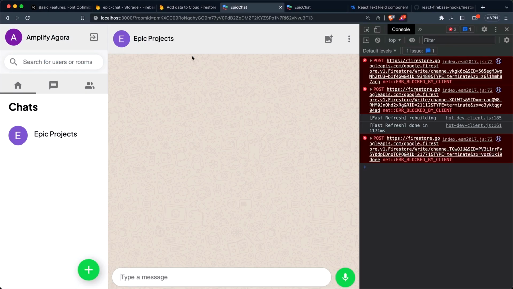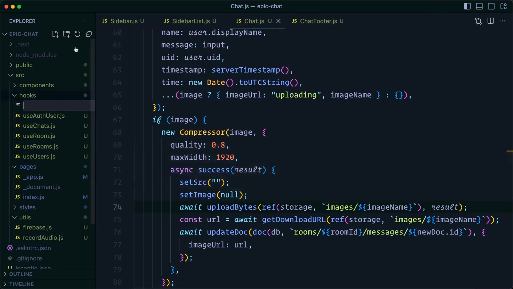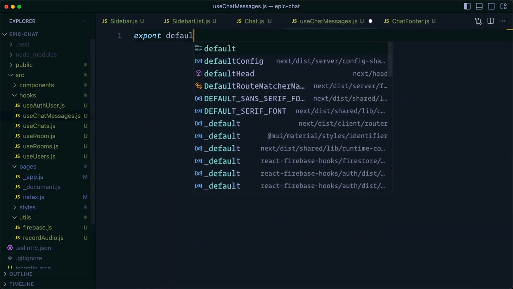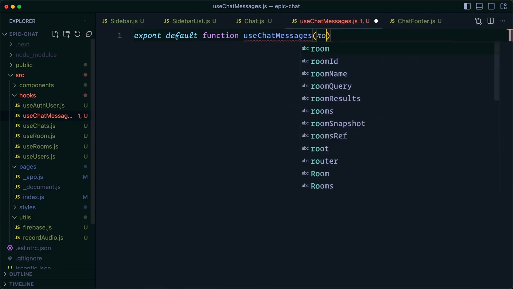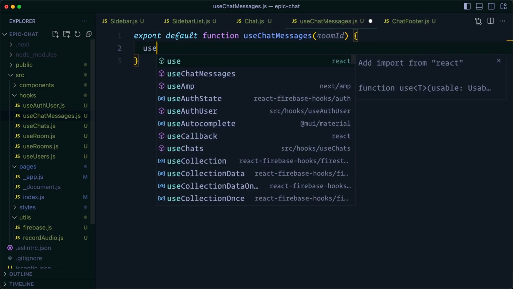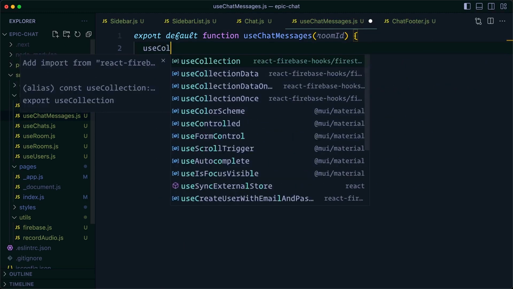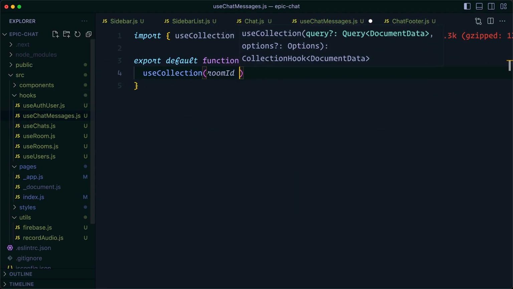But before we do that, we need to fetch them. And for that, we're once again going to use a dedicated hook in the hooks folder called useChatMessages. You'll export default function useChatMessages. This will accept a room ID, and we're fetching an entire collection that is the messages collection, so we'll use the useCollection hook. We only want to fetch this if we actually have a room ID, so we'll once again include a ternary